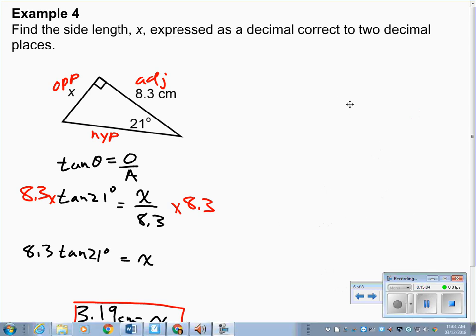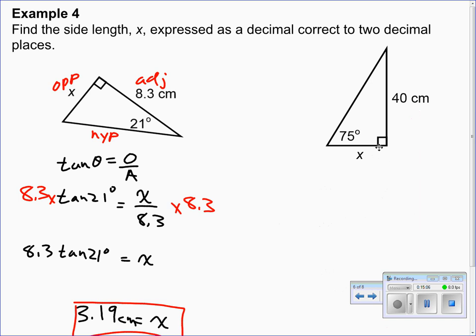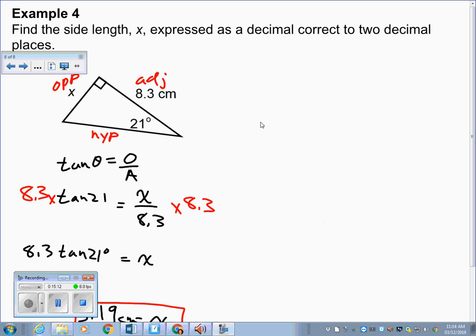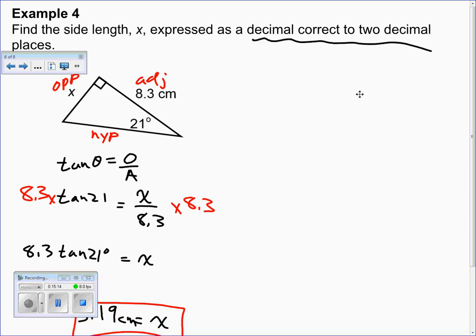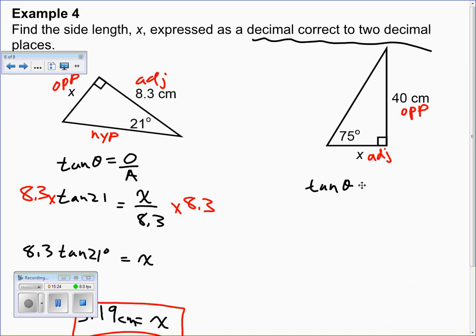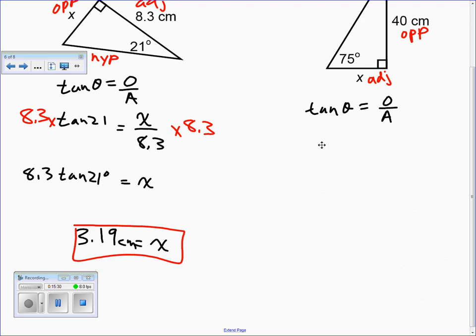So now what I'd like you to do is work on this triangle. See what you can do. Use cross multiplication or division or anything to solve for x. Now for this next equation, we're going to start with this triangle here. The only things we're concerned with are the opposite and the adjacent. Now you're going to start by saying tan is equal to O over A, and then we substitute accordingly. So we're going to get